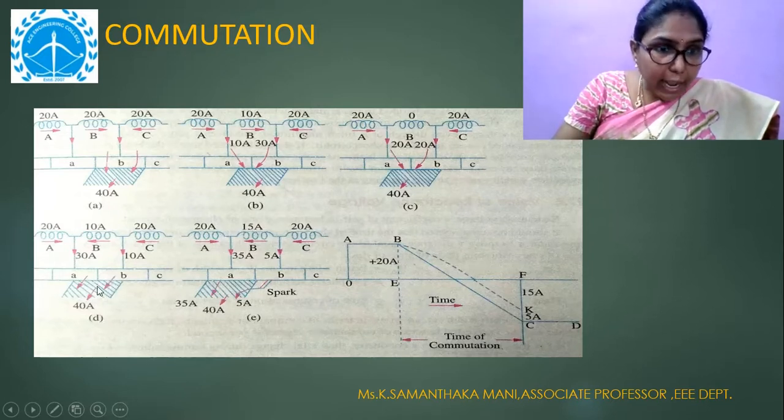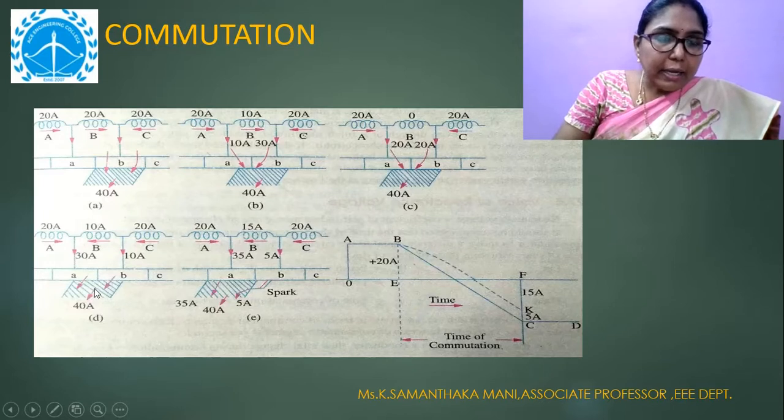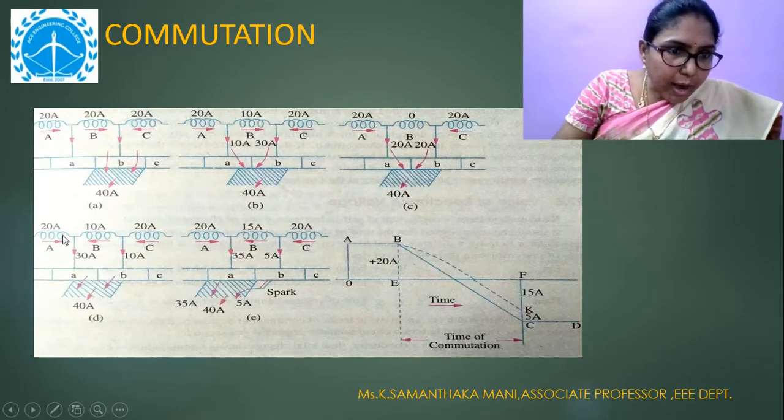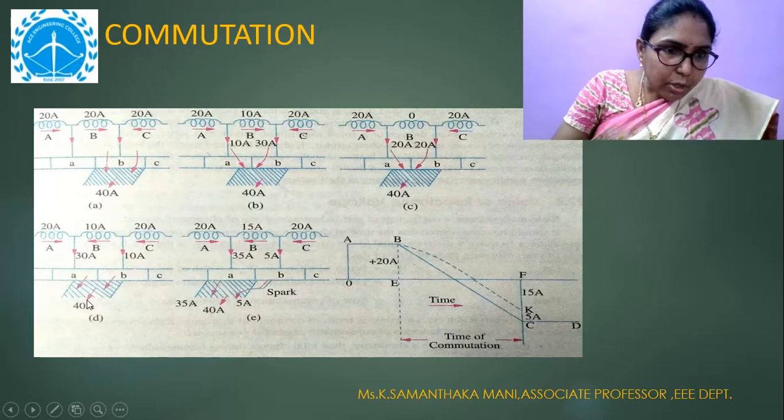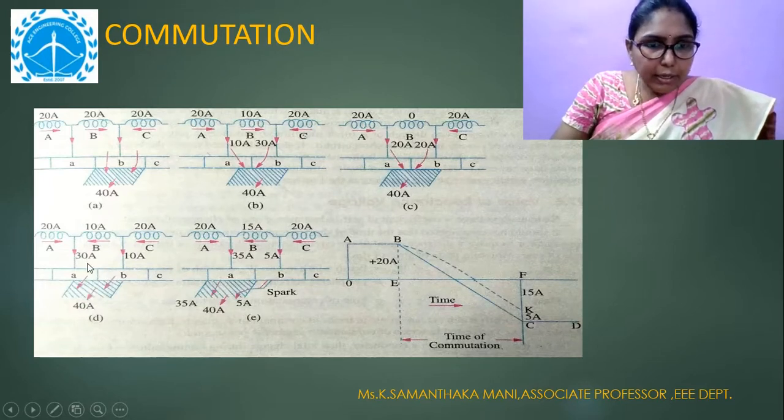During that condition, what happens? Now most of the current is being collected through the segment A from coils A and B, and relatively less current is being supplied by coil C to the brush. We can observe that coil A is supplying 20 amperes and coil B is supplying 10 amperes. Together 30 amperes is being supplied through the segment A to the brush here. So the remaining 10 is being collected from coil C through the segment B. So again at this instant also all the 40 amperes is being supplied to the brush. Fine. And we'll go to the next instant.